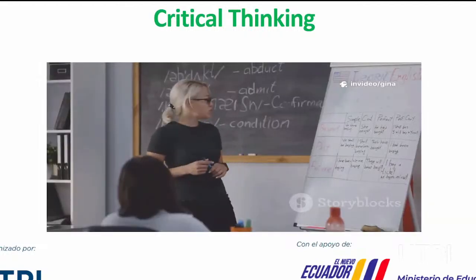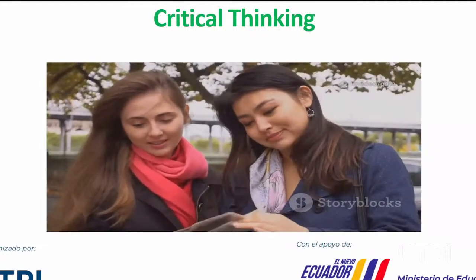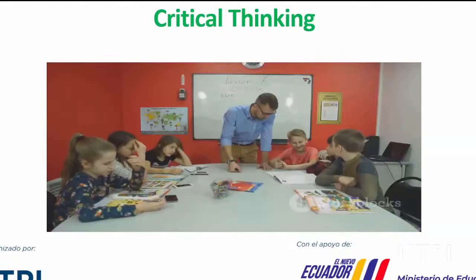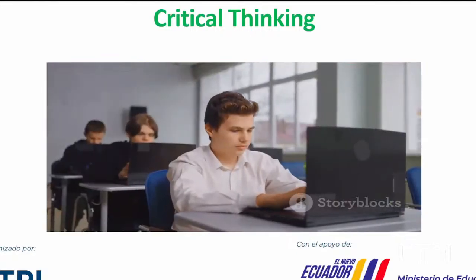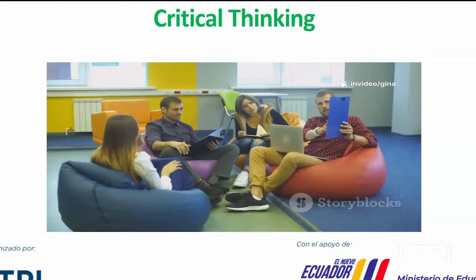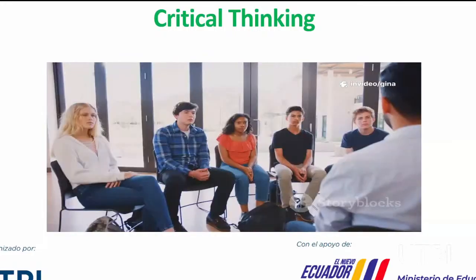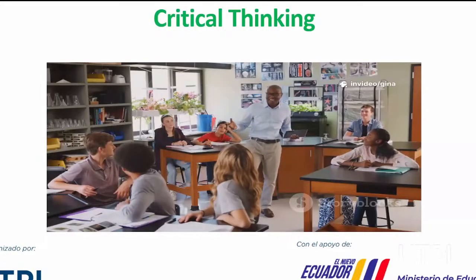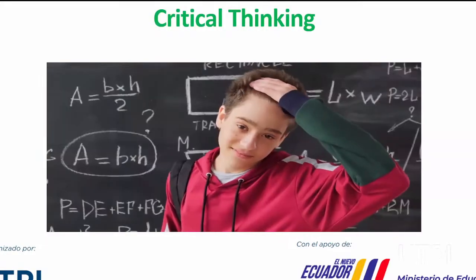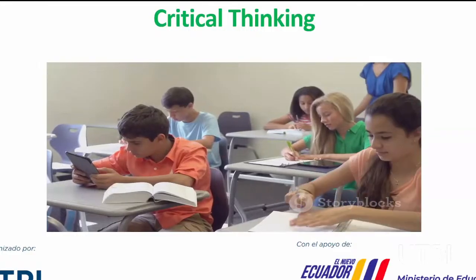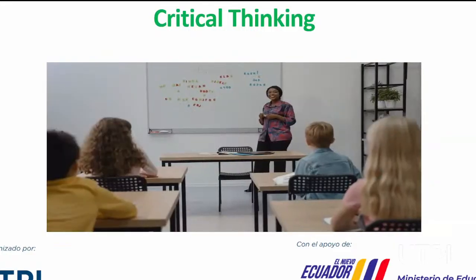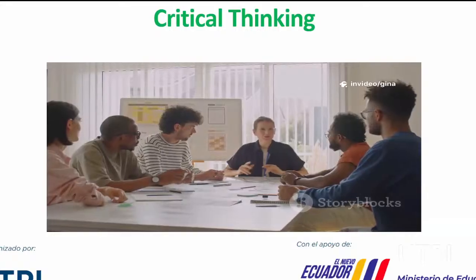Model the thinking process aloud. Show how to find the main point, reasons, and assumptions in a text. After modeling, give students guided practice with new texts and structured questions. Let students work in pairs or groups to identify arguments and assumptions. Gradually reduce support as students gain confidence. This approach turns critical thinking from an abstract idea into a practical, repeatable skill. Direct instruction ensures all students can develop these essential abilities.